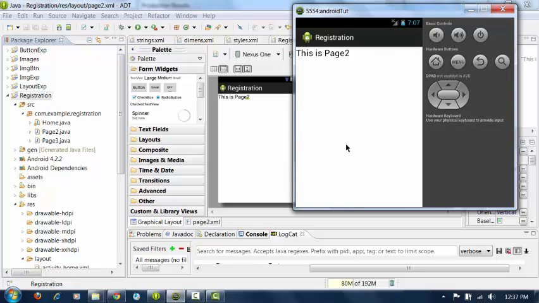And in the next session I will explain how to send your registration data to next page. It means you have collected some data here, and how to send that data to next page and how to display that in your second page. Okay, and also we will discuss how to store the data. For example, we have the registration form here. Now I want to store this data somewhere in an Android application. So where I have to store that data, what all the options present in Android to store the data. So all those things I will discuss in the